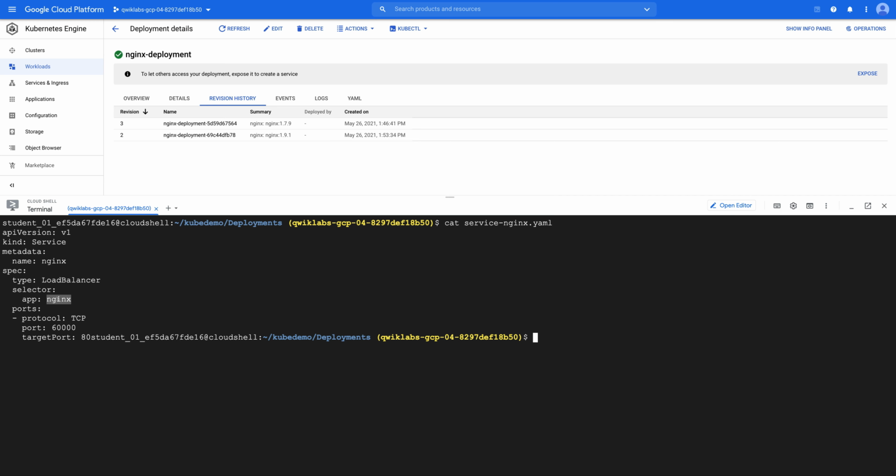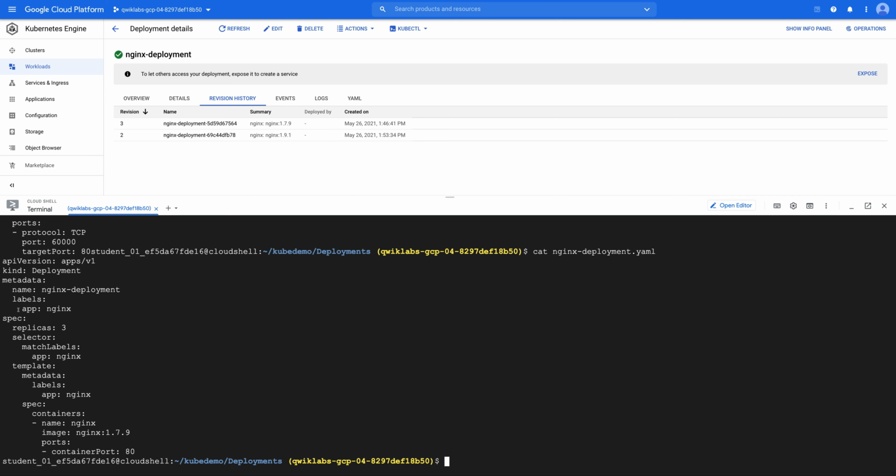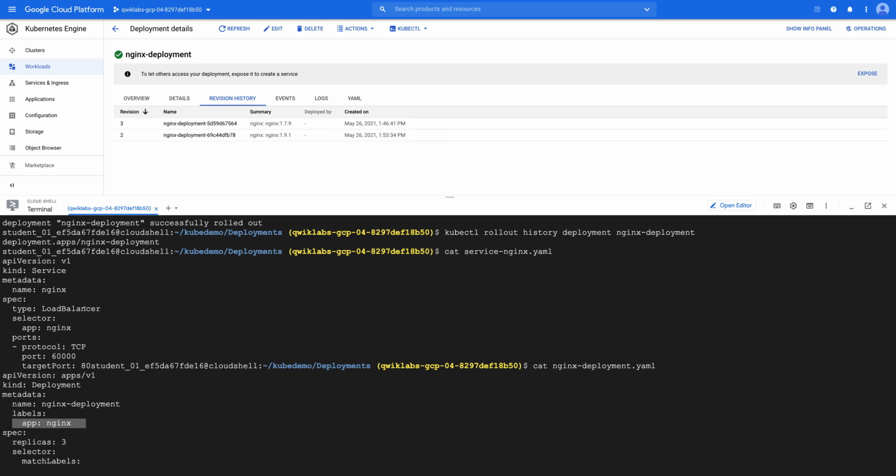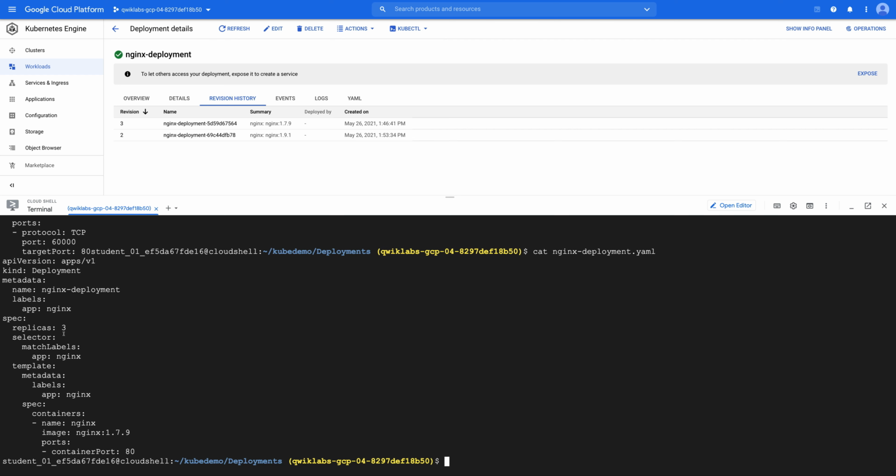If you remember our deployment, let's see that as well. So, the nginx deployment YAML. Here we have given an app label as nginx, and we are targeting the same selector here, so we are putting app nginx. Whichever pod has this label app nginx will be targeted by this service, and then we will be able to expose those pods externally. It is going to load balance between them, and then from there we will be able to see that.